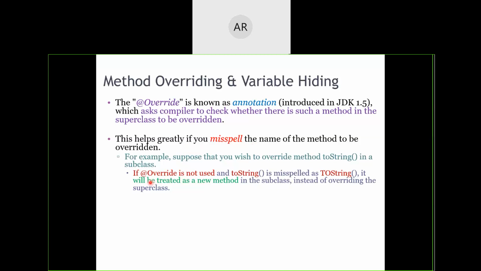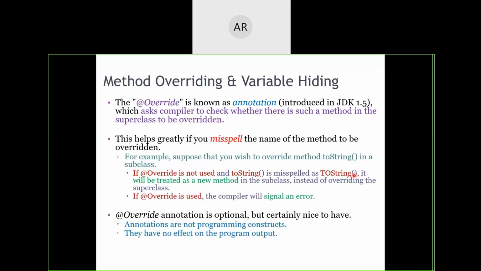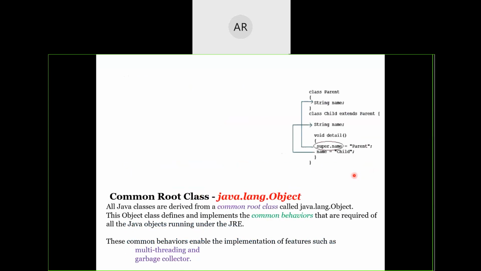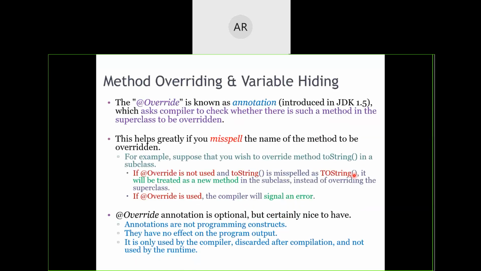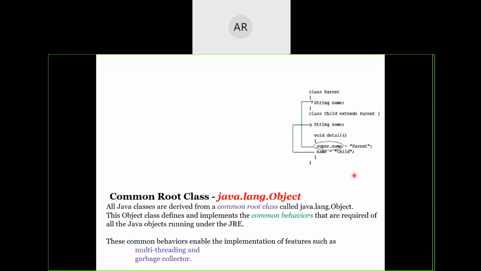Do remember, we have got one predefined function toString, right? If I want to just misspell it by writing, say, tostring, it will be treated as a new method. It will not be treated as an error. Okay. So similar to this concept, there is one more thing called hiding of variables. We will come to know about hiding of variables very soon. I will show you that particular slide.